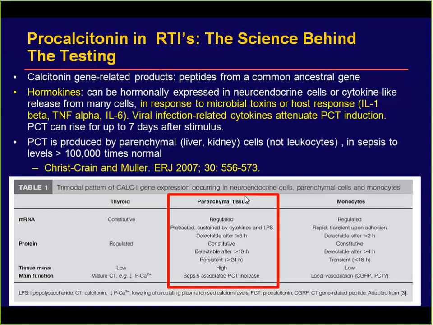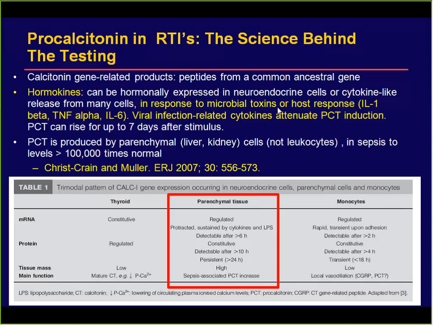What I think is also important to understand is that it's upregulated by the presence of bacteria and downregulated by the presence of viruses. So with certain bacterial infections, the microbial toxins and the response to the microbial toxins upregulate the production of procalcitonin. And the differential effect of bacteria and viruses was exploited early on in the application of